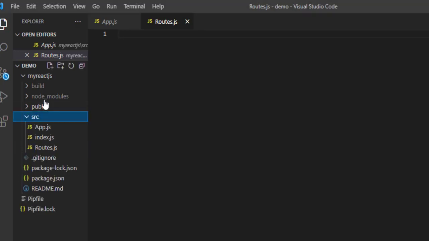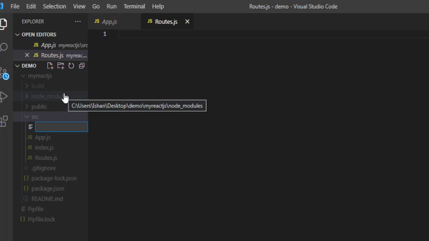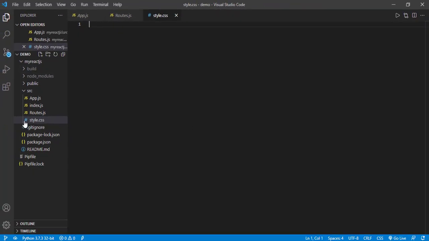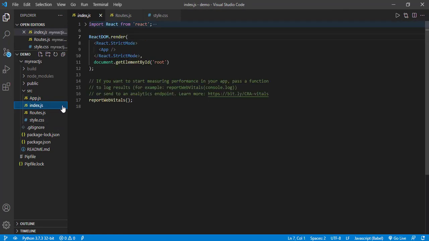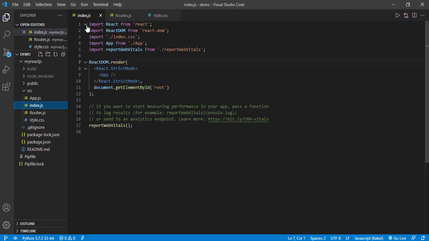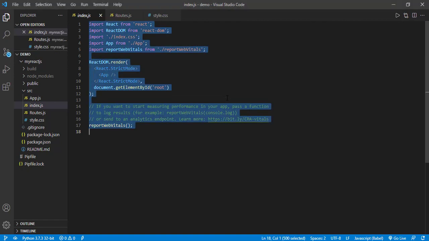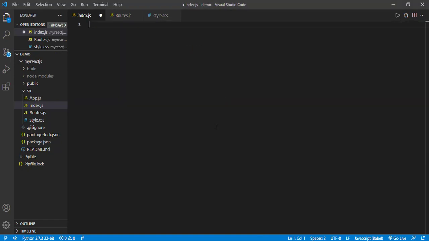We will also create one more file, style.css. Now firstly, open index.js and delete everything from there. Press Ctrl+A and then Backspace or Delete.